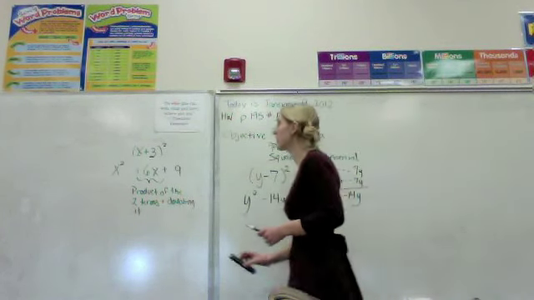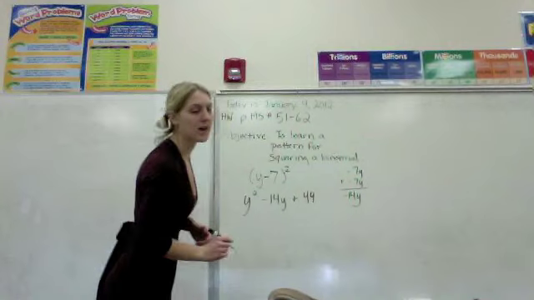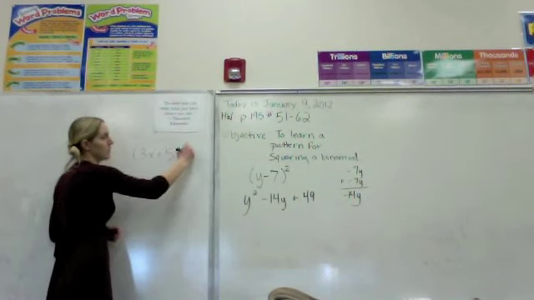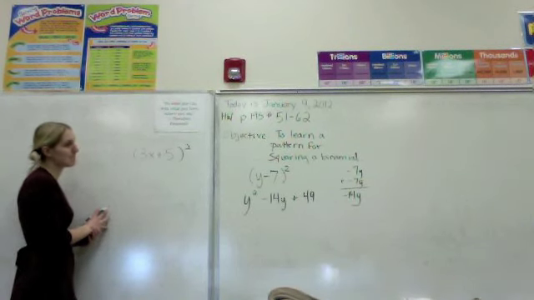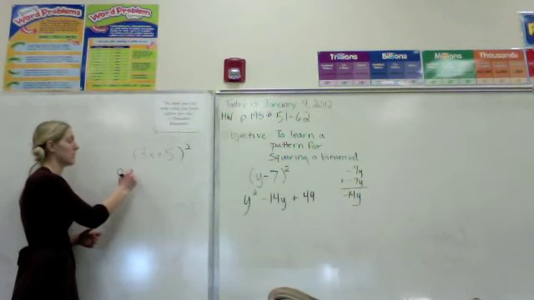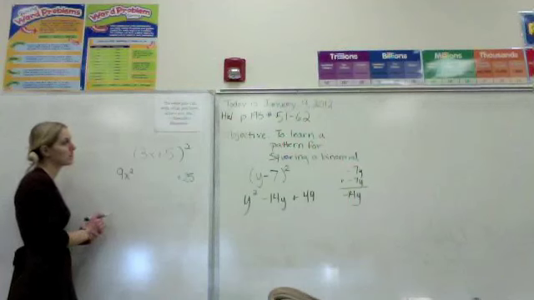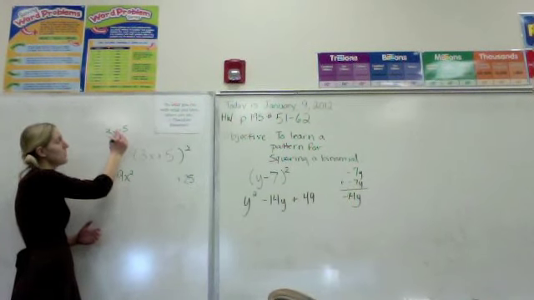We'll do 3x plus 5 squared. Elena, you want to help me out with this one? Yeah. You square 3x, so that would be 9x. 9x what? Squared. There you go. And what will be my last one? 25. And then you add 3x times 5 will give you